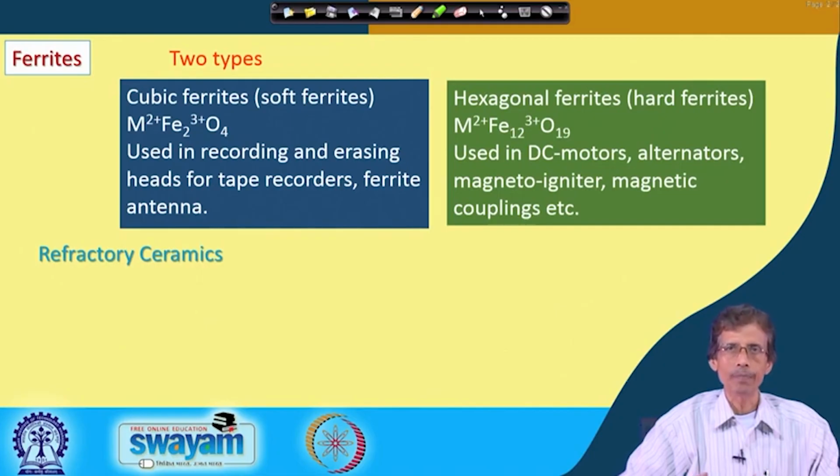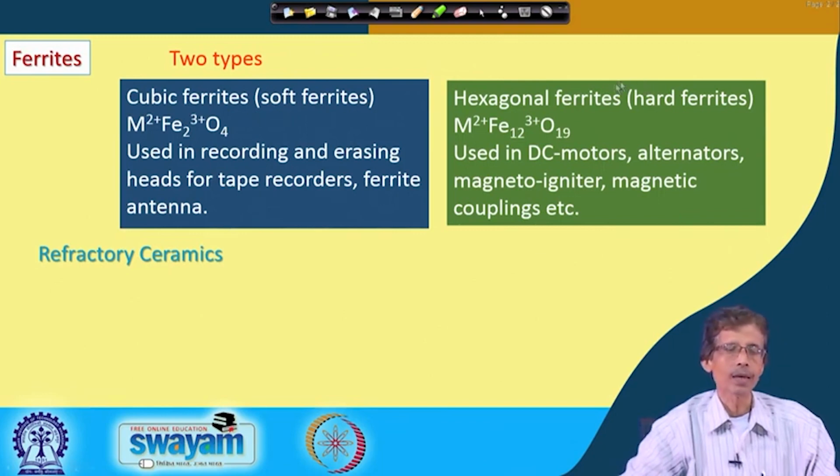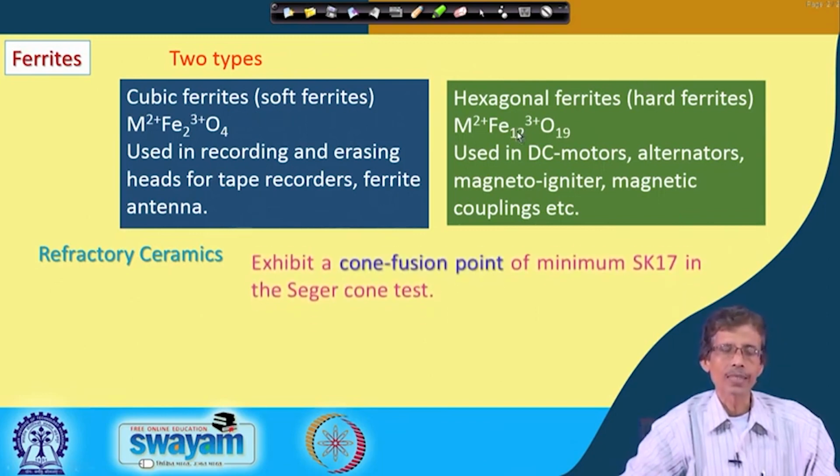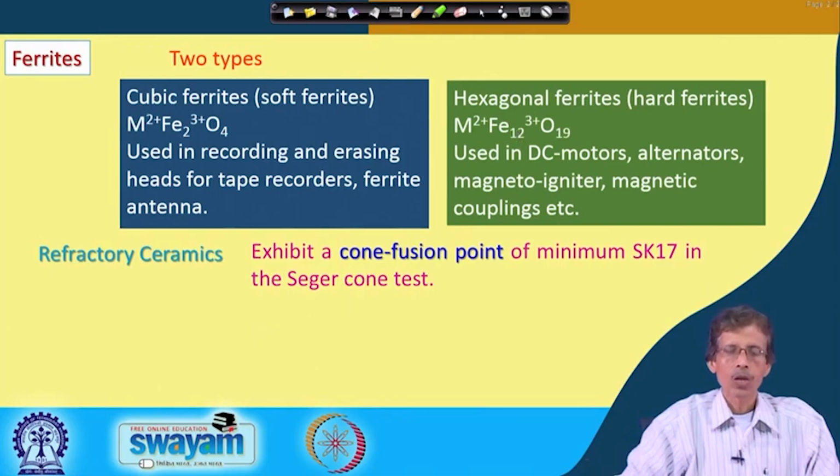We know that refractory bricks are also a kind of ceramic material. So, what are those refractory ceramics? That means having a high temperature withstand. So, it can be made basically from a typical cone fusion point. When we go for making the refractory ceramic material, it exhibits a cone fusion point of minimum